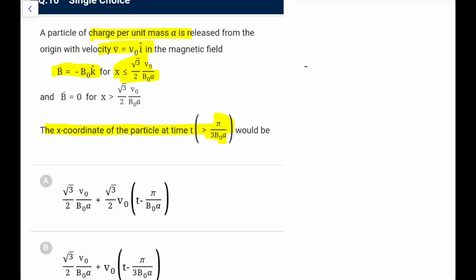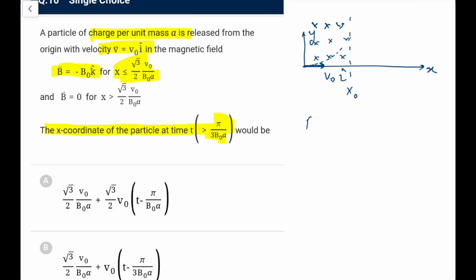Let me try it. Let it be x axis, let it be y axis. So velocity initial was v naught i cap, and field is inwards. So field is inwards, not here, from 0 to here. So let's say field is like this, up to this x coordinate. This x coordinate is what we are given. Let's call it x naught or something. So I can make, let it be positive charge, it will be drifted like this.